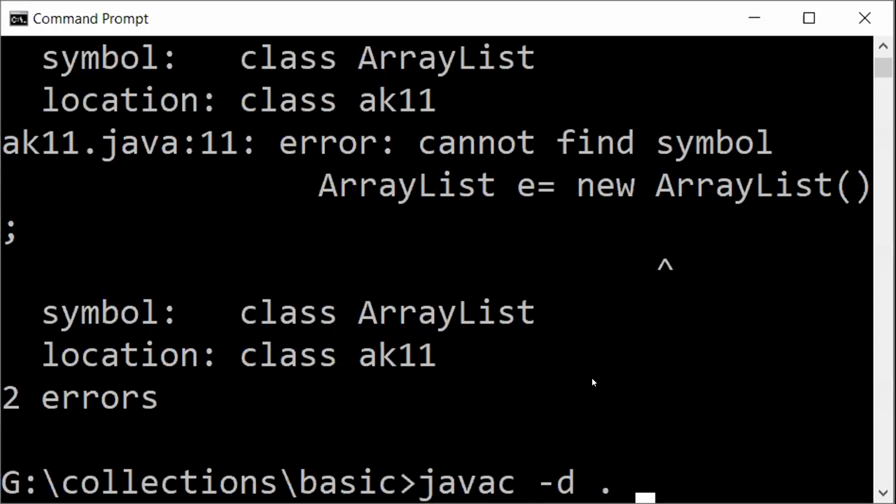Dot indicates the current working directory, and then I give the name of the class, that is pack.java. This is how we compile our program.